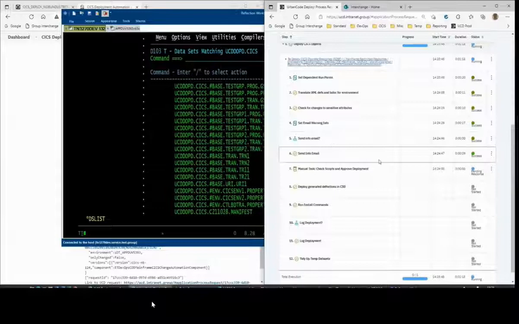We're then going to send an information email to contain some useful information for this deployment. And you can see here we're currently pausing, waiting for a response. So this is where the KICS sysprogs will get a couple of emails waiting for them to approve this before the deployment can actually go ahead. So if I switch over now to my automated